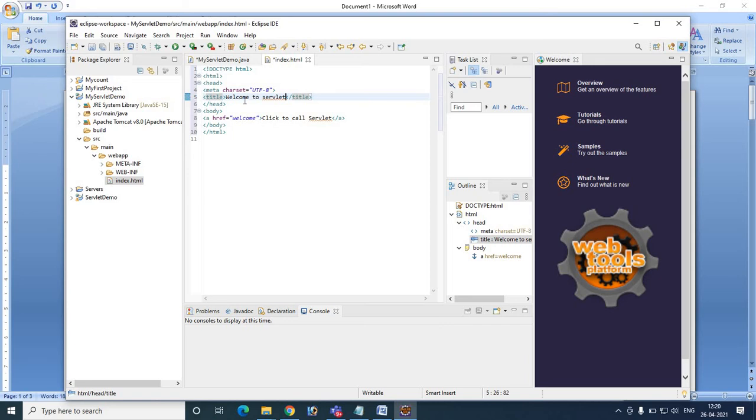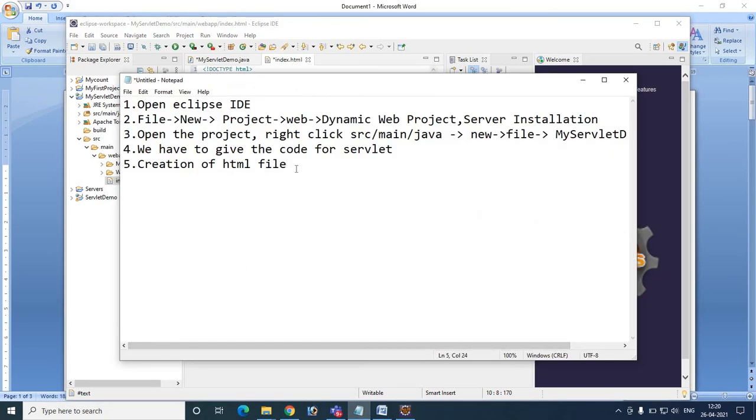Let us give the name like this also. Okay. So now we have to create the XML file. Let us have it, creation of HTML file. The sixth step is creation of XML file.